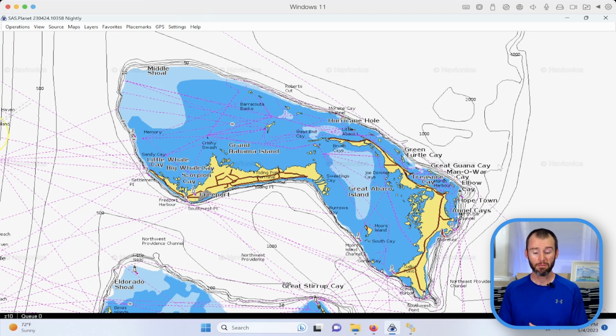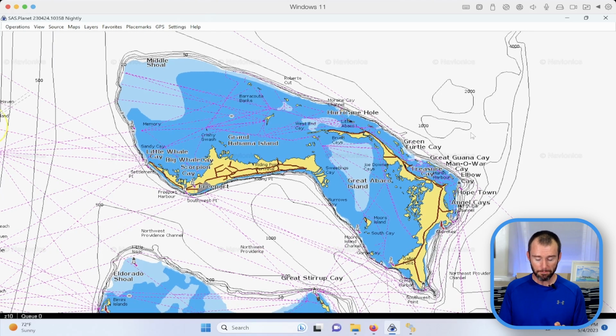So things like the ocean, not really essential. So we would be creating large files and using internet data needlessly. So I will show you how we can focus in on a specific area in just a bit. But now that we've got the area selected that we want to create a chart for, we're going to go